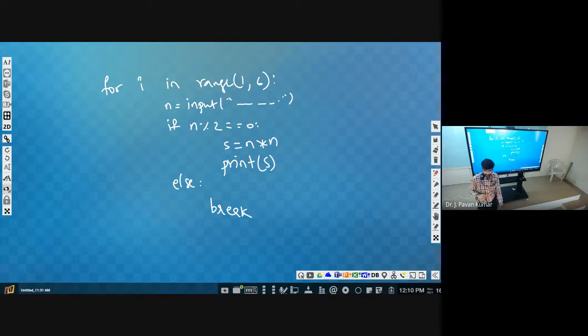So it will stop. It will not ask for the next number. If you keep on giving even numbers only, it will take up to 5 even numbers and print the square. Afterwards it will terminate. That is normal completion. For this you frame the question.